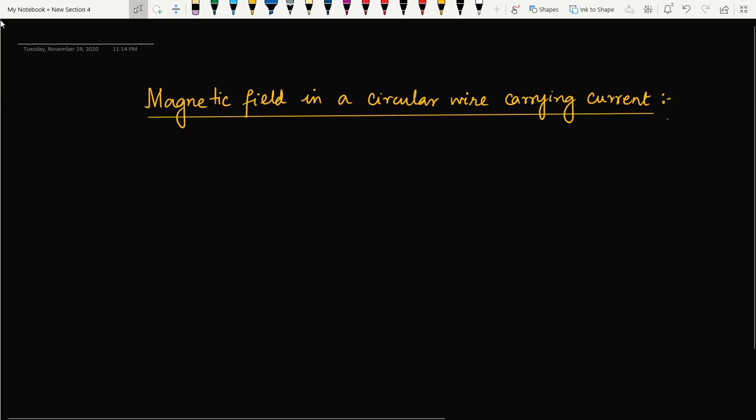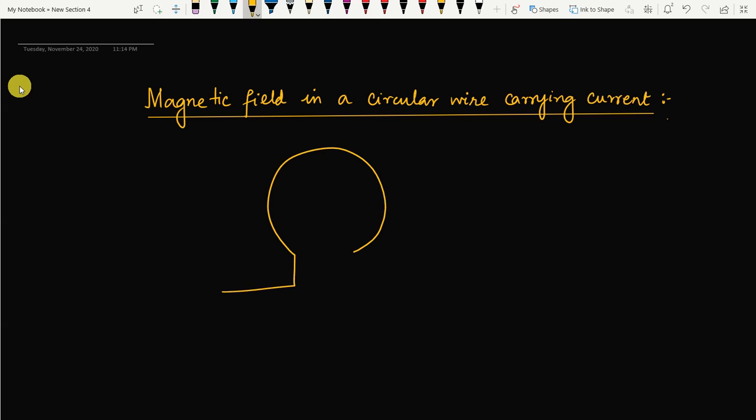Today in this lecture we would be talking about magnetic field in a circular wire which carries current. We have already discussed the magnetic field lines in a straight conductor. So in continuation with that, we would be talking about magnetic field lines in a circular wire. So let us draw a circular wire first. Let us say that we have a circular wire. This is the circular wire,